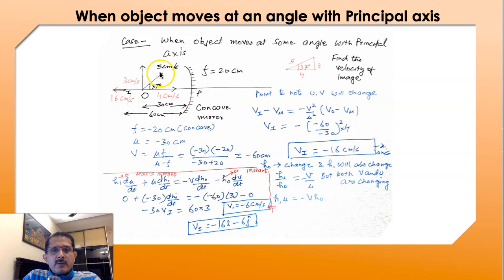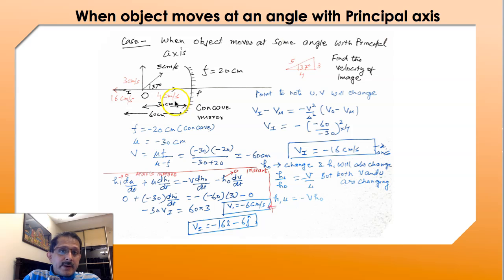The speed of the object in this direction, which is 37 degrees to the principal axis, is 5 centimeter per second. And they have given the distance from O to P, which is 30 centimeter,